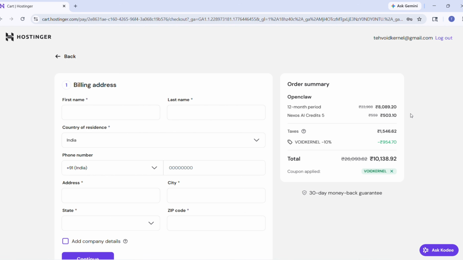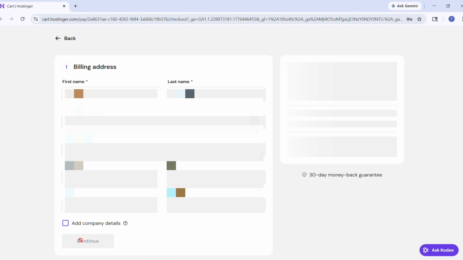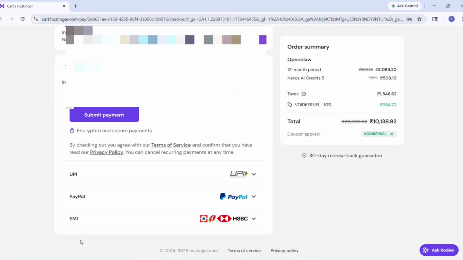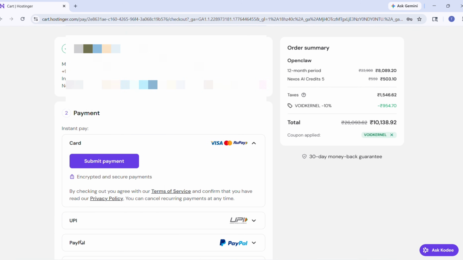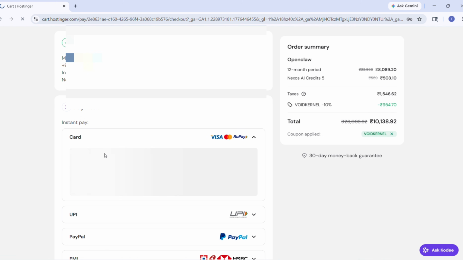After registration, the next step is setting up your billing address. Just fill in your details accurately and move on. When you are ready, click Continue again. You will then land on the final checkout screen where you can review everything one last time before submitting your payment. Hostinger supports multiple payment methods including UPI, PayPal, and card, so go ahead and pay using whichever method is